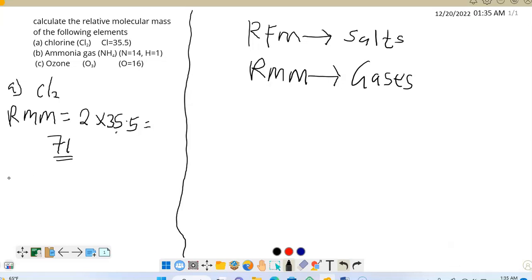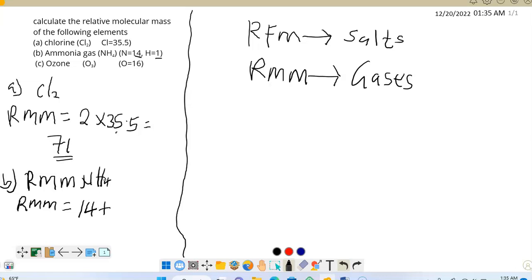Okay, let's do B. Let us see the relative molecular mass of ammonia. Ammonia contains nitrogen and 3 hydrogen. So in our bracket, nitrogen is 14, where each hydrogen is 1. So how do you calculate it? The relative molecular mass of ammonia is equal to nitrogen. We have only 1, and each nitrogen is 14. So we'll say 14